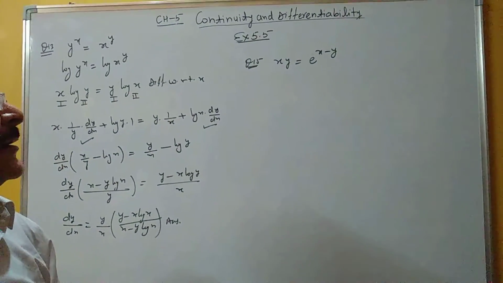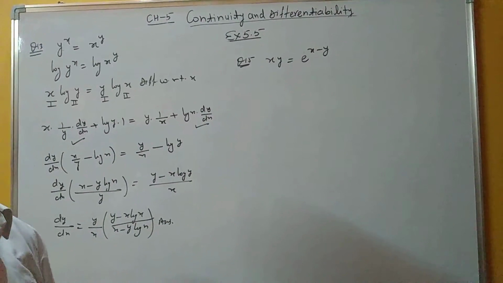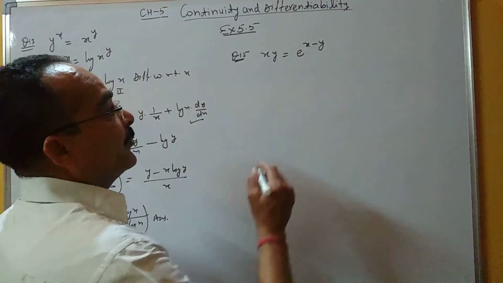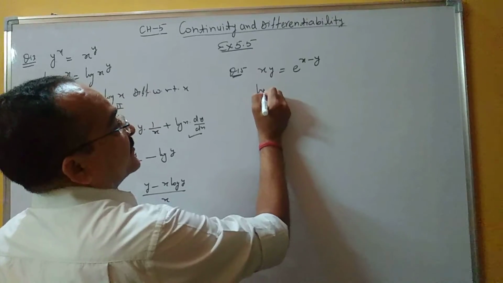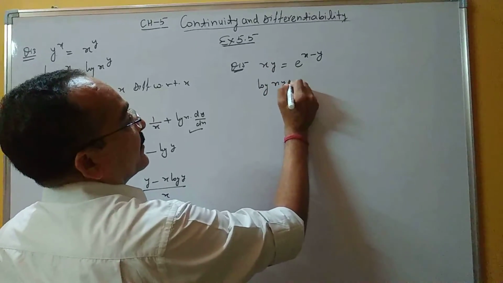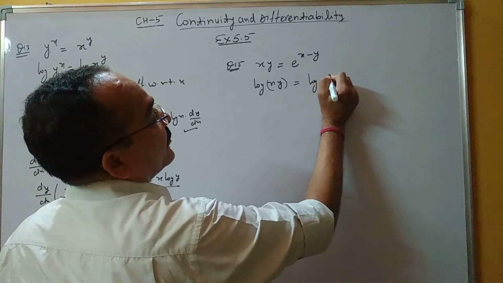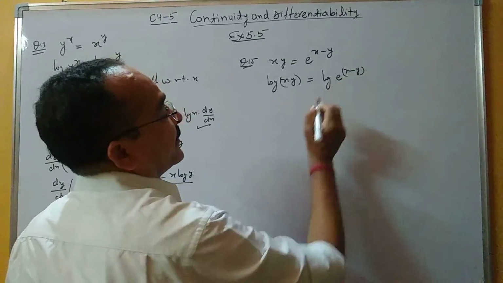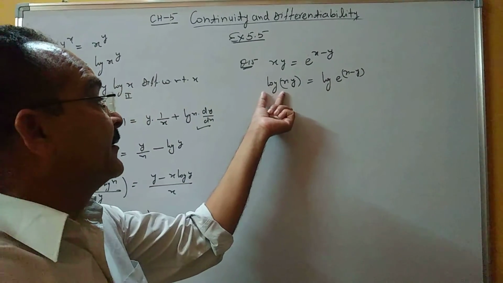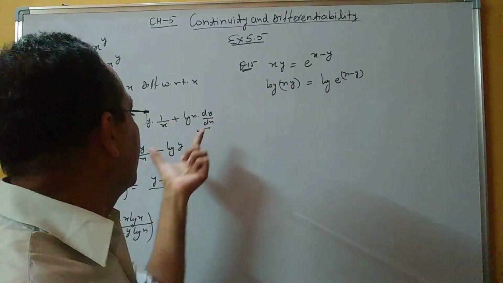Again x, y are the variables. Taking log both sides, log xy is equal to log e to the power x minus y. And you see that we are solving all the problems